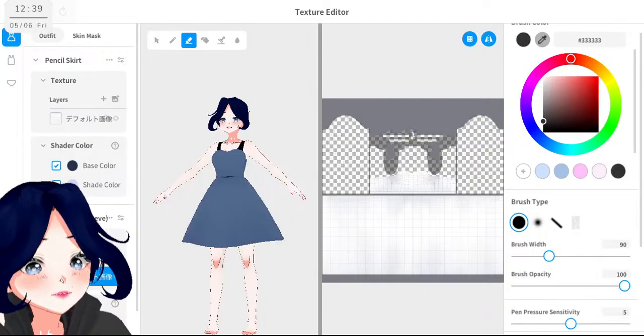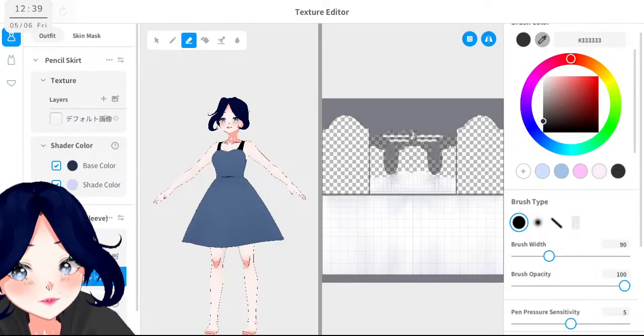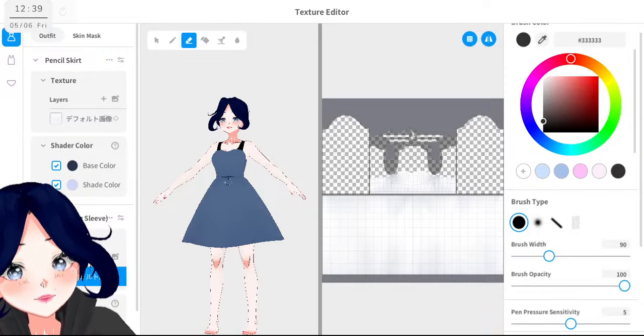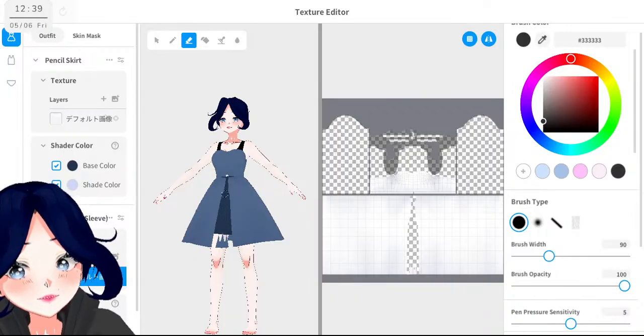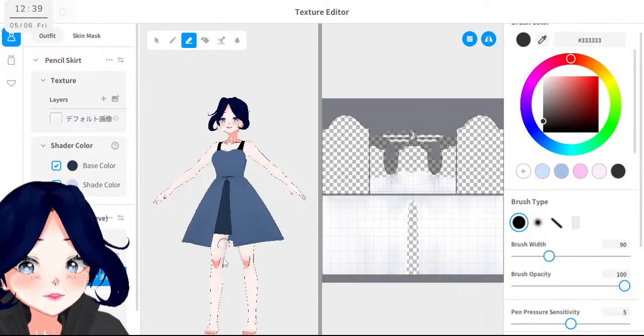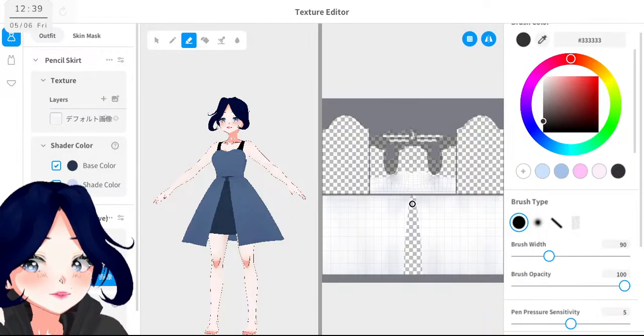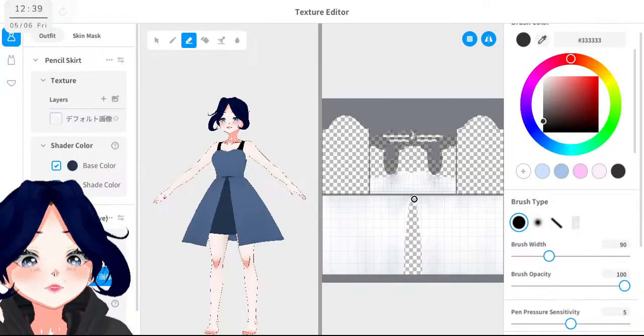Now here in front, go into my reference. I want to add it as a separate layer, to have all of this as a dress. Like this part. No, I haven't gotten to it yet.